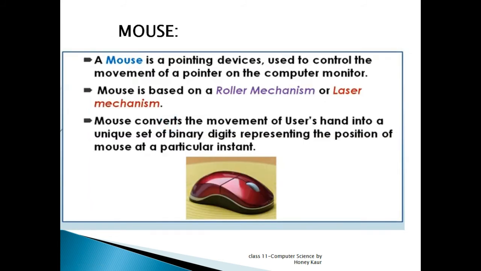Fine. Coming to mouse, mouse is a pointing device. Means mouse is used for pointing, having a cursor on the screen which moves like here. So mouse pointer can be of different sizes. It is used to control the movement of a pointer on the computer monitor. The mouse is based on the roller mechanism. माउस के back पे एक रोलर, एक बॉल होती है जिसके बेस पे माउस चलता है. So in this way we were having two basic input devices, keyboard and mouse.